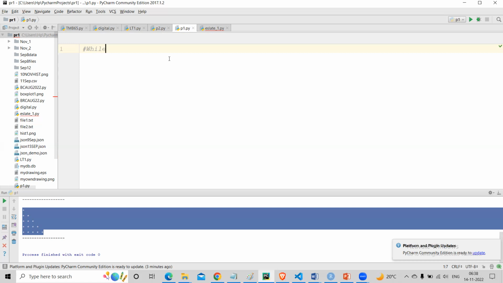Right? So in a for loop, there is almost no chance of going into an infinite loop. It'll stop somewhere. Okay, you may or may not get the answer, but it'll stop. But in a while loop, there's a chance that it might end up in an infinite loop if you give the wrong